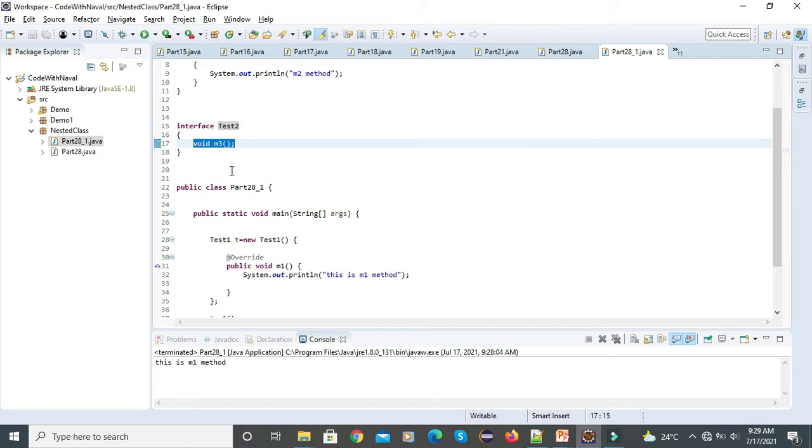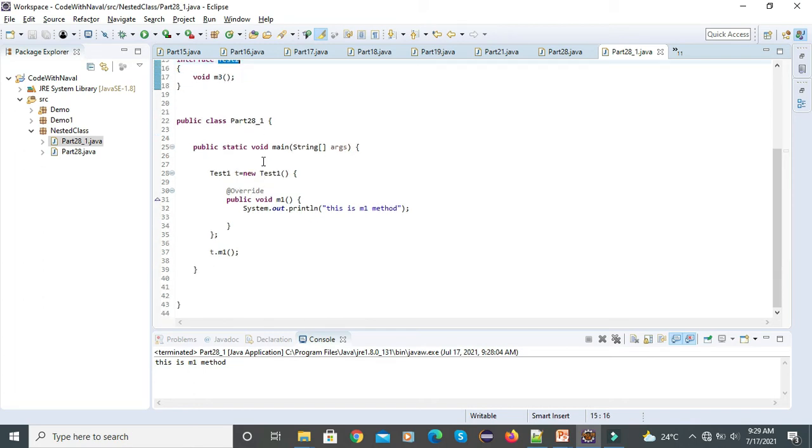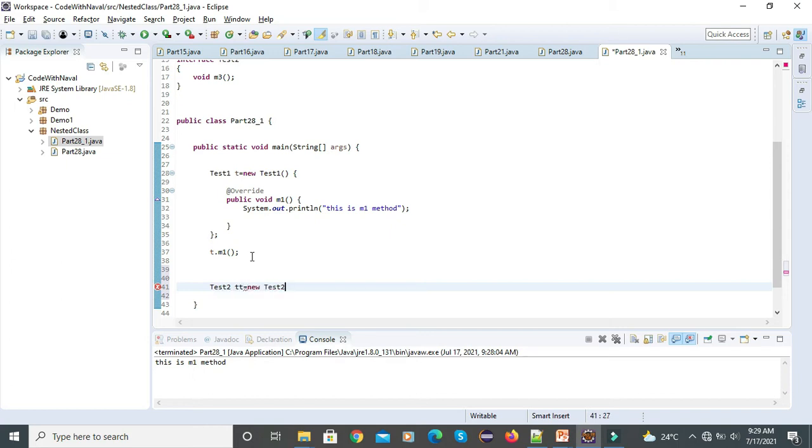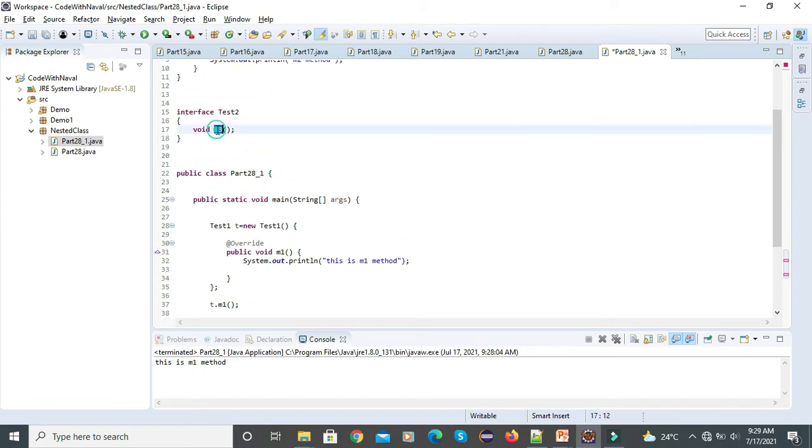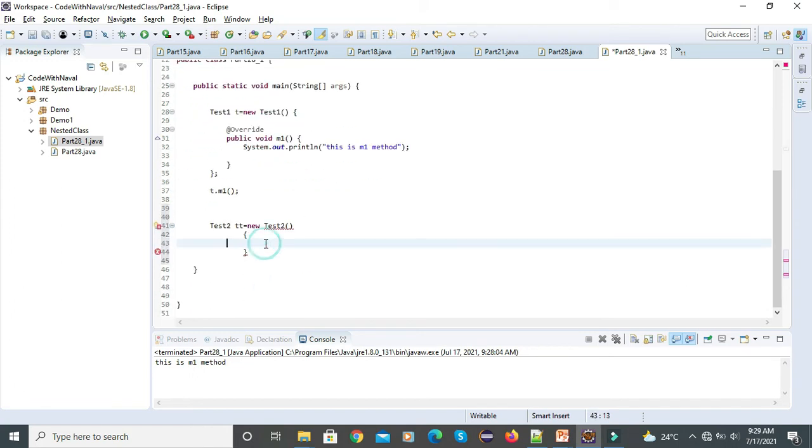I want to create an anonymous inner class. So how can we create it? Simply after this we declare test2 tt equal to new test2. Okay, and here we have to define an anonymous inner class. Inside of this class we have to simply override this m3 method.